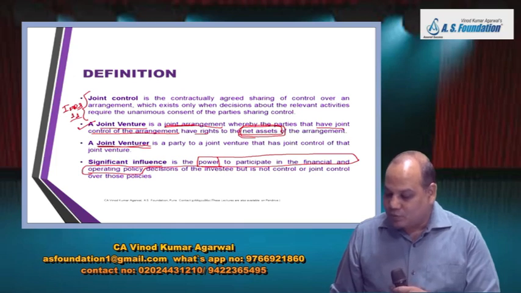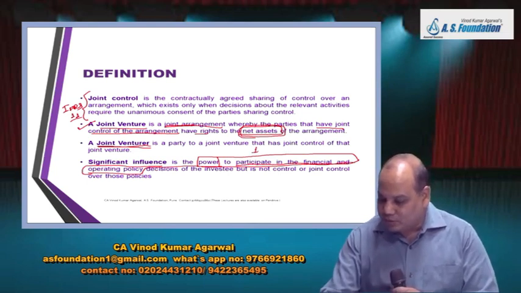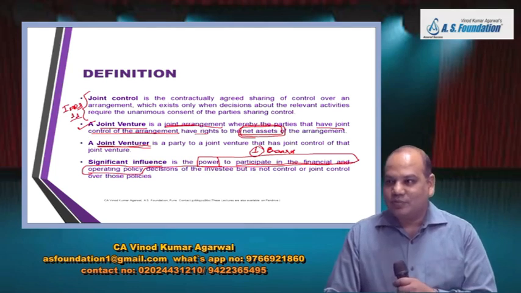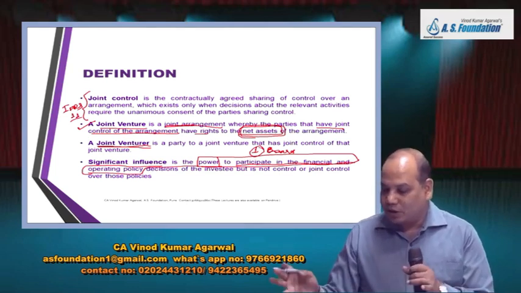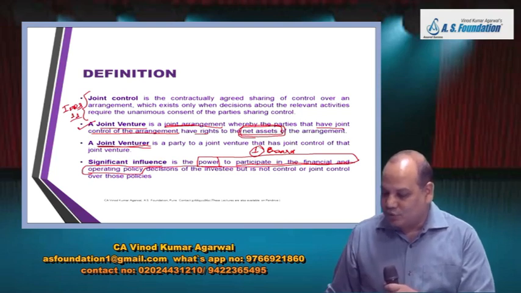But power to participate is also something which is very important in corporate world. If you are one board member out of 10, then your one vote also sometimes counts, matters. You are party to the decision making process in board meeting. Of course, you can't take the decision, but at least you can participate, you can influence the financial and operating